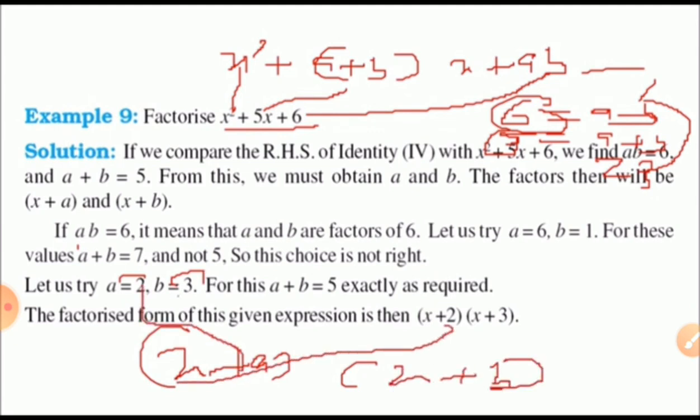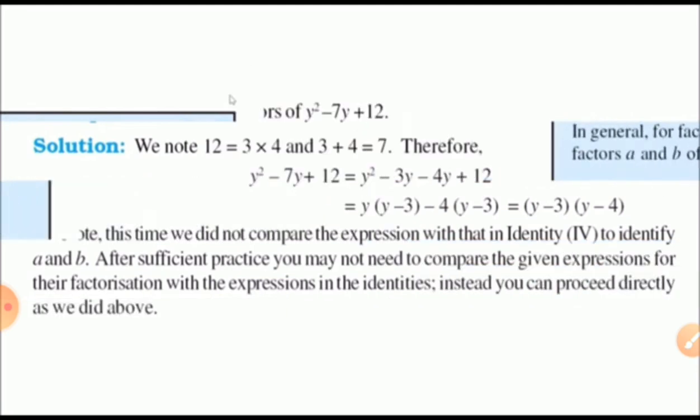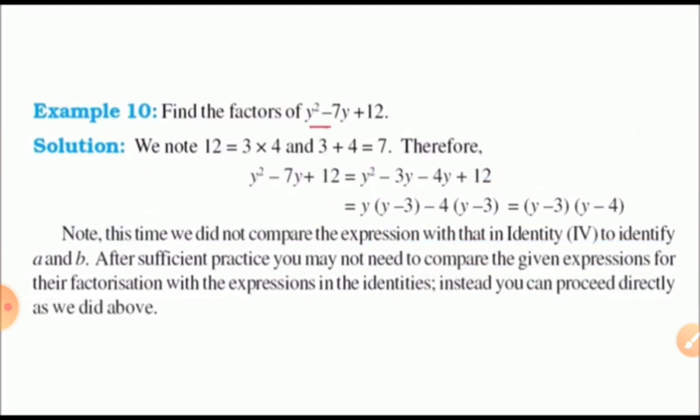(x plus a)(x plus b). Now, in general, for factorization, find the factors of y square minus 7y plus 12. How do we break 12 into two parts? 6 2s are 12, 4 3s are 12. Yes, 4 and 3, and both subtractions, minus 4 minus 3, will give you 7. Because the middle term is a minus, both numbers should be minus. So (y minus 3)(y minus 4).